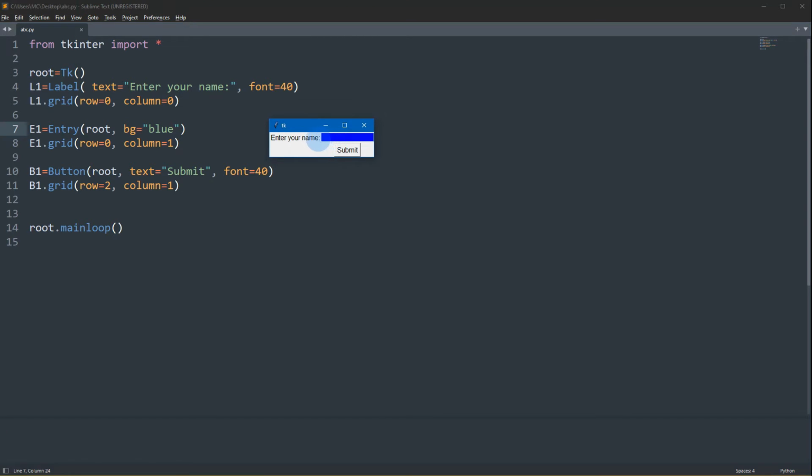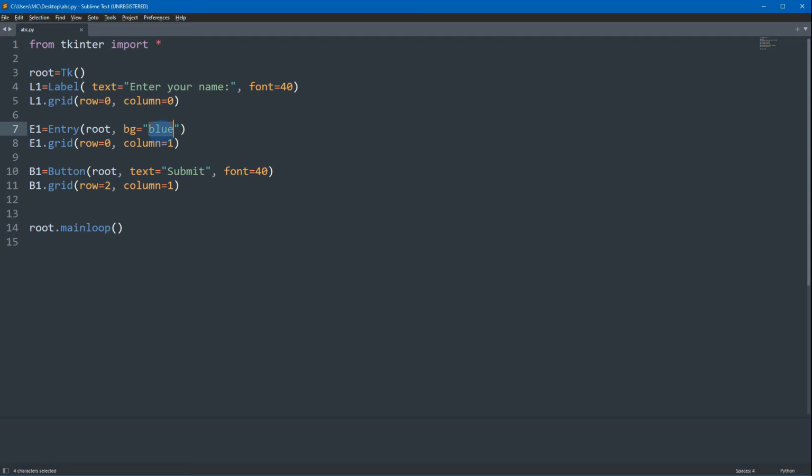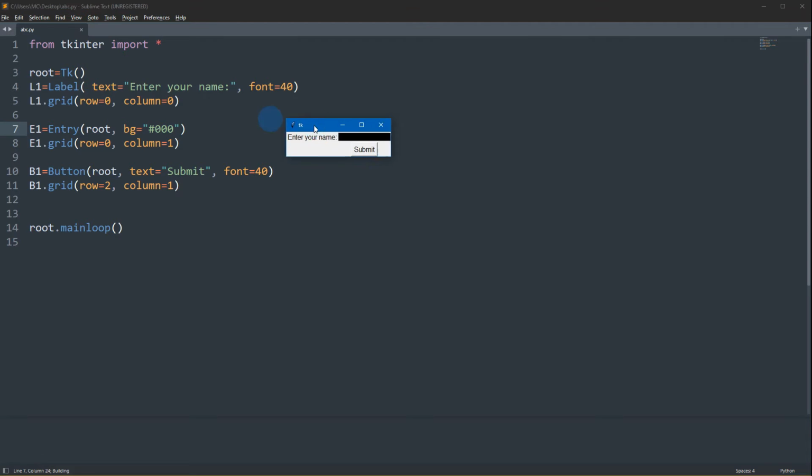Okay, so you can place there any color that you want. So aside from the word value of the color, you can also use the hexadecimal value of a color. So for the hexadecimal, you can use the sharp symbol to start that, and of course the hexa value. Now let's try 3 zeros to have black. Okay, so now you're going to observe our entry is color black. So I repeat, you can use the word value or the hexadecimal value of the color.